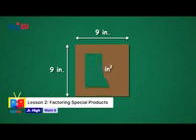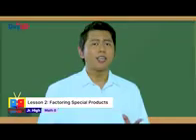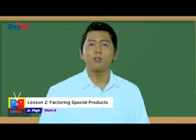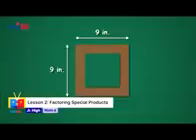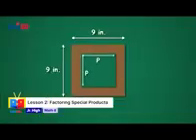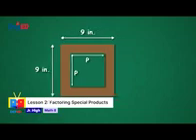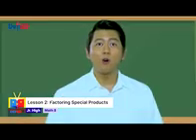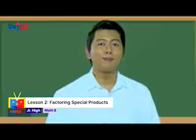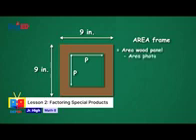Now, I want to make a picture frame using this square panel by cutting a square hole inside whose shape and size is equal to the photograph to be placed in. Since I'm not yet decided on the size of the photograph, let us just say its side measures p inches. What will be the area of the picture frame in factored form? We know that a square hole is to be cut in the square wooden panel. So we will subtract the area of the photograph from the area of the wooden